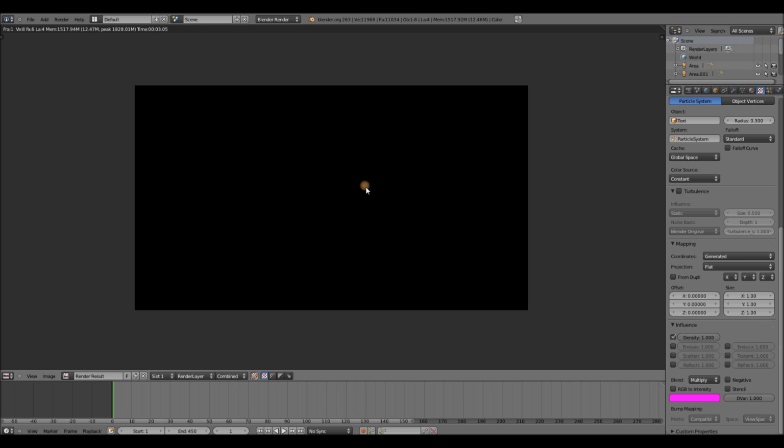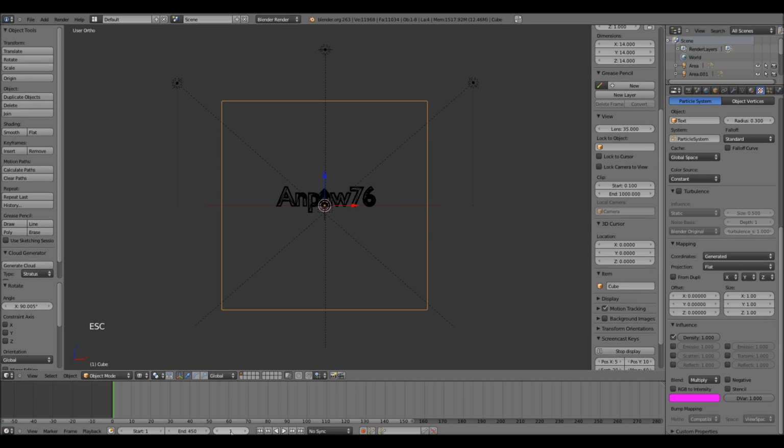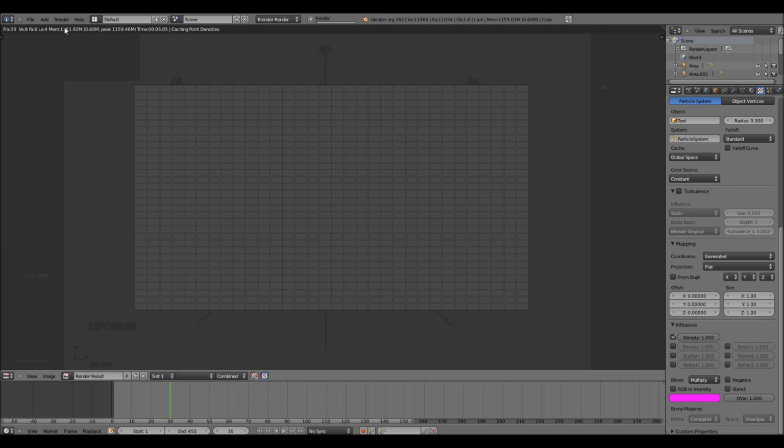And yeah, we have just one particle. Let's move to the frame number 30. We need particles in order to see the effect. One more try. And as you can see, we have more particles than the cache,